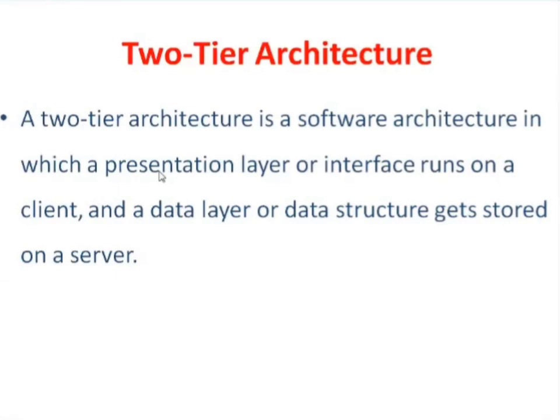The client normally generates a request to the database. I want these details, that will be conveyed to the server. Then finally the server processes the query and returns the output to that particular client. For example, in Google, you will search for some details. You type data processing cycle and you click on search. So you are doing that at the client end. So server takes that input and it will process. Output will be several links to any particular website. Okay, so this is how the two-tier architecture works.